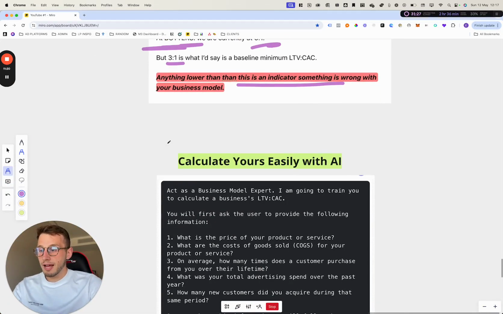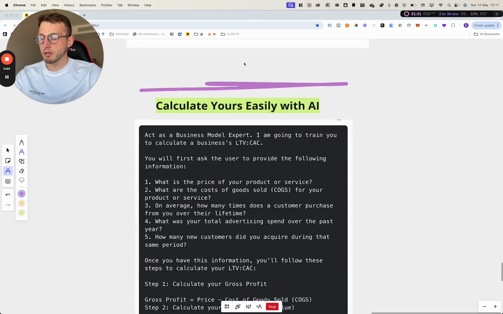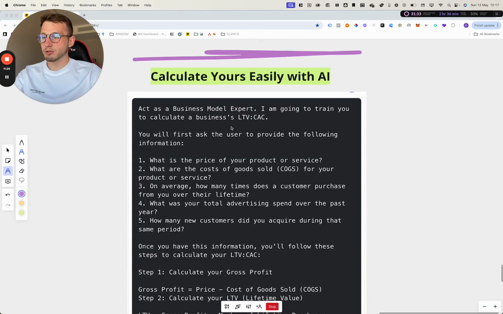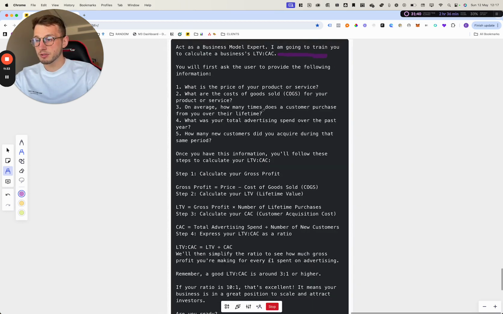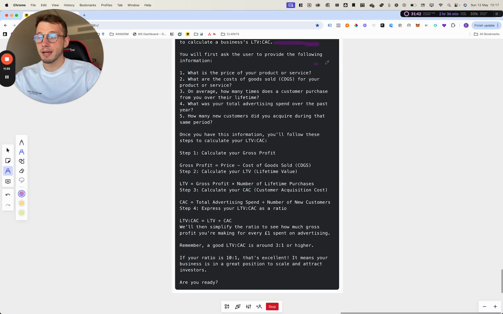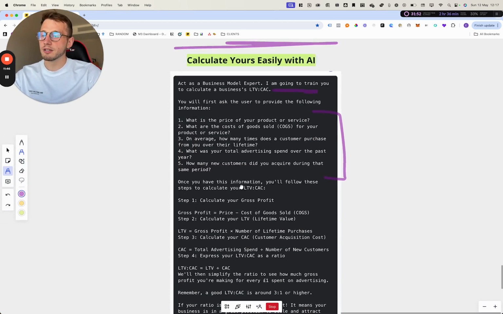Hopefully this was useful. And here at Botters, we use lots of AI. And so you can tell this was all from a newsletter that I recently wrote. And I've created an AI prompt that actually enables you to calculate your business's LTV CAC ratio. So you take this prompt, you can screenshot if you want, and just paste it into ChatGPT or whatever AI you're using. It's going to ask you 5 questions and you'll give it some numbers, and then it will run the calculations and you'll have your LTV CAC sorted for you.